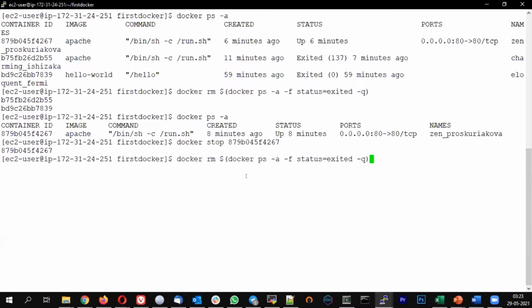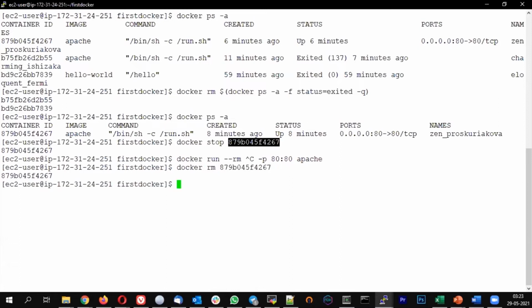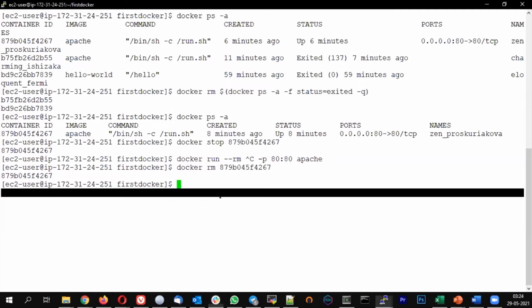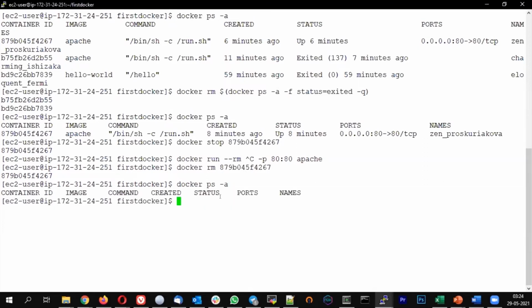So if I run the same command with the additional option called --rm, to that, let me remove the old container, docker rm. If I do a docker ps -a, no containers are running. If I run it,